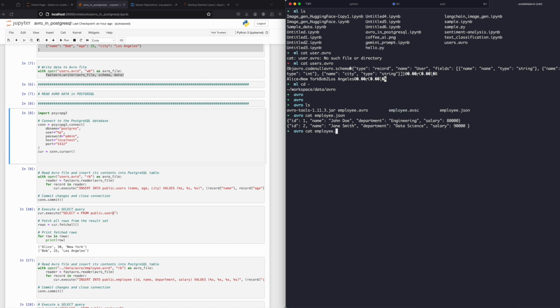So cat employee.avsc. So yeah, if you're generating Avro data through your command line, you have to follow this syntax. You have to have a JSON file which contains the data. You have a schema file, it's called avsc, and it reads as Avro schema. It contains your schema types basically. So it has a name, it has a type record, and the name of the record is employee, and it has 4 columns: ID, name, department, and salary, and every column has a type